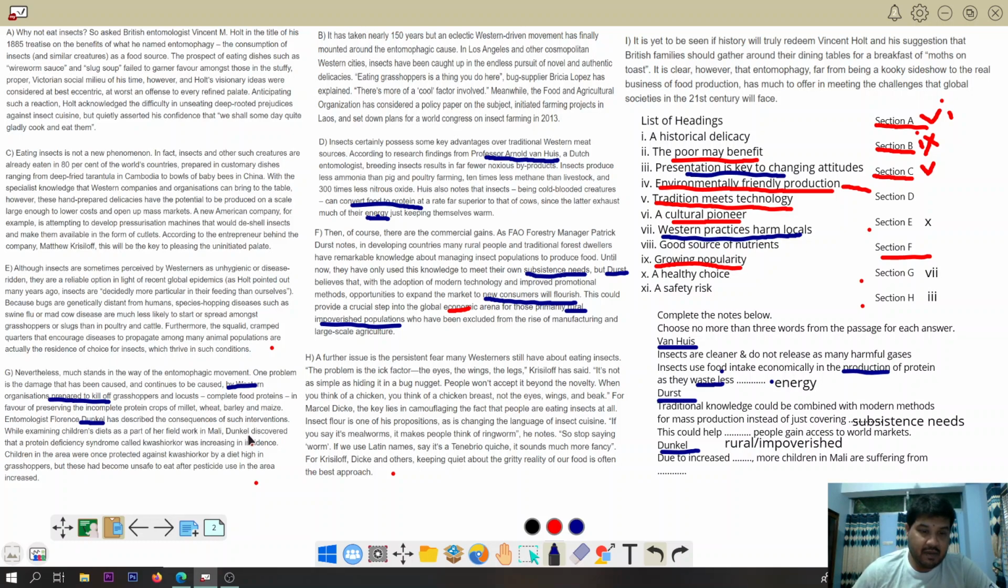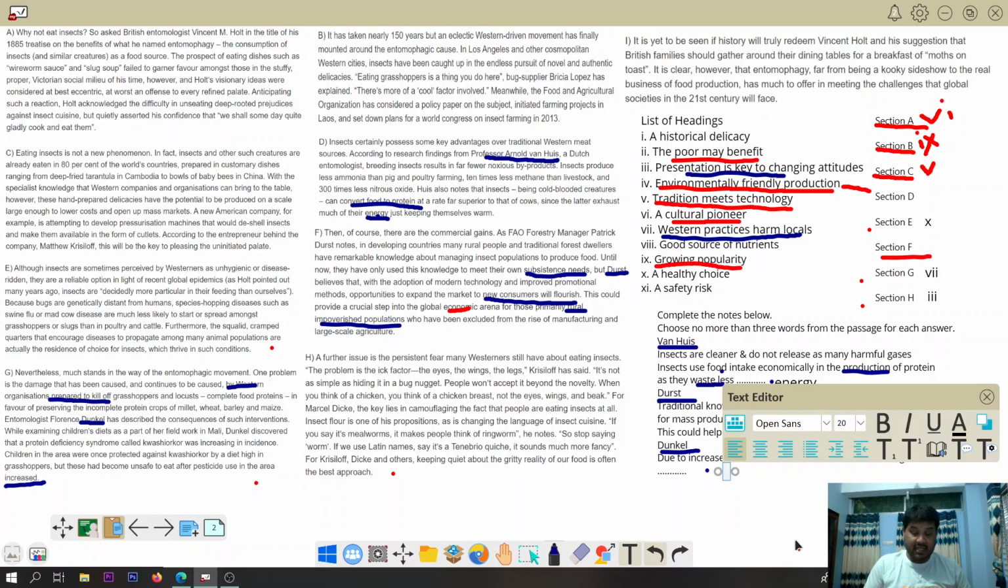So as a part of the field work in Mali, Dunkel discovered that a protein deficiency syndrome called kwashiorkor, again I'm really sorry about the name, was increasing in incidence. Children in the area were once protected against this disease by a diet high in grasshoppers, but these had become unsafe to eat after pesticide use in the area increased. So increased. So we got similar keywords here. So what increased? Pesticides increased. So here we can safely say that pesticides